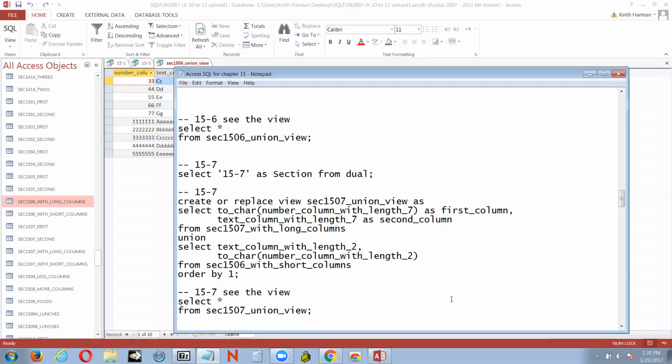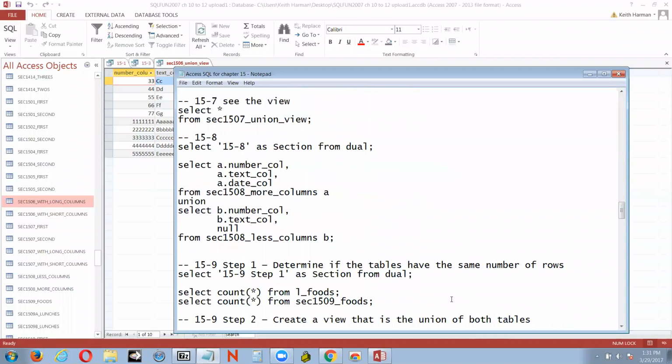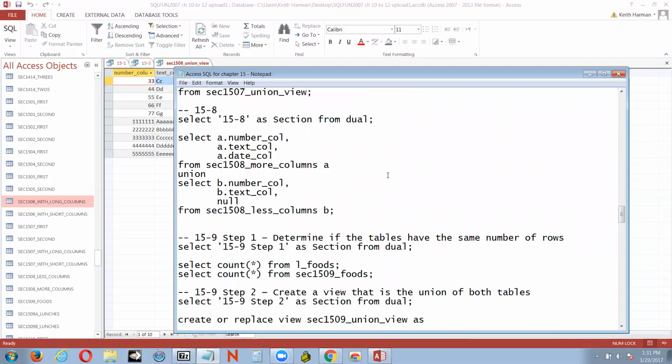Now, in the middle of page 578, which is this 15.8, we're going to need to do a little bit of work here. And I'm going to start with this first line of code. It says select a dot number underscore column, I'll call it as